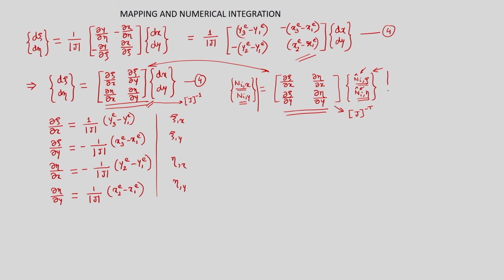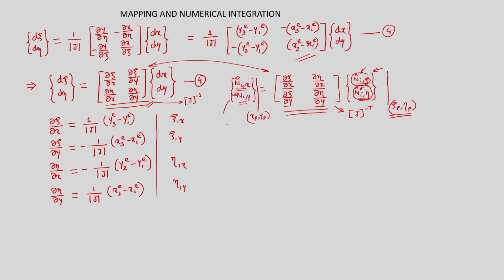So, get the derivatives of the shape function in the physical element. If I put a value of xi_p, eta_p and evaluate these derivatives in the master element, and the same for all these 4 entries in the Jacobian matrix, we will be evaluating the derivatives of those shape functions in the physical element. So, this x_p and y_p is basically the point corresponding to xi_p, eta_p in the master element. So, now we know how to evaluate the derivatives of the shape function in the physical element.